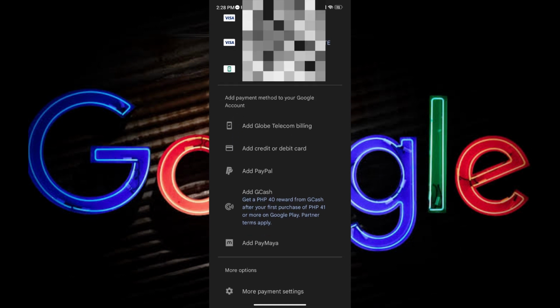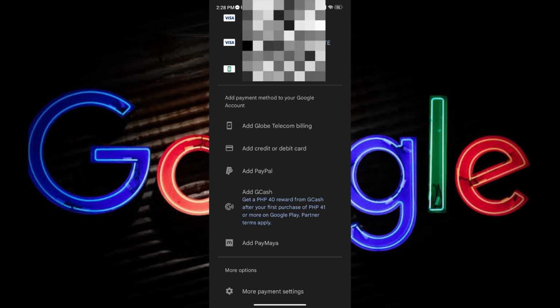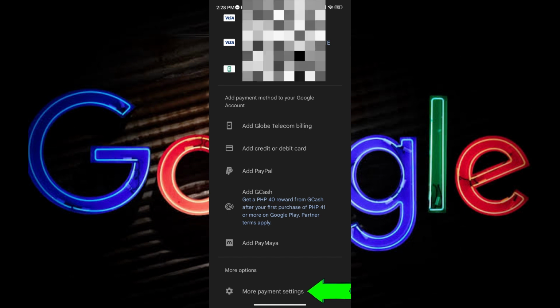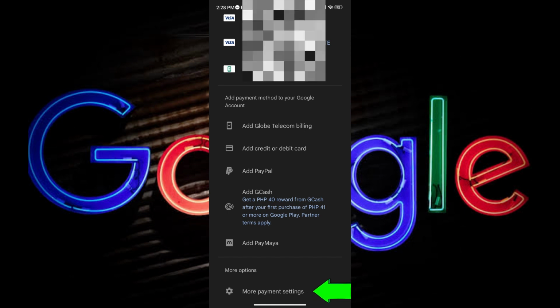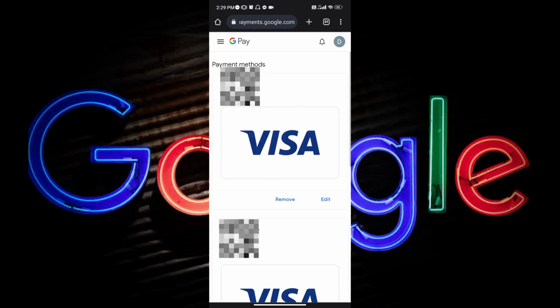more payment setting. All you have to do is to scroll down for a little bit, and you will see it in the more options. Let's go ahead and tap it. Once you've tapped on it, you'll be transferred to the Google Chrome so that you can gain access for more payment methods. Once it fully loaded, you will see this screen, the Google Pay, and for the next step, we're